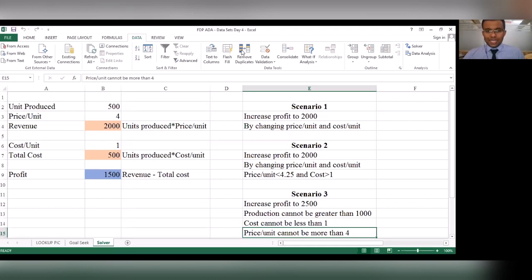You can quickly raise your hands, and we'll be happy to unmute you and take your queries. Once we are done with the queries, we will move on and do a refresher on lookup using pictures. So I'm just going to quickly unmute sir.